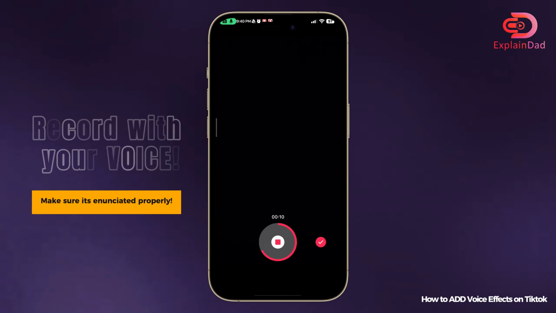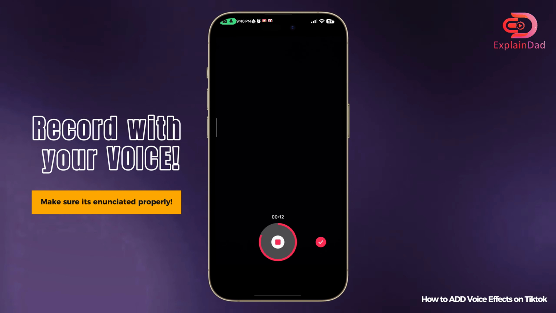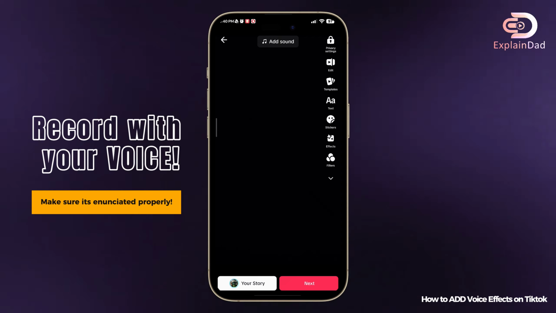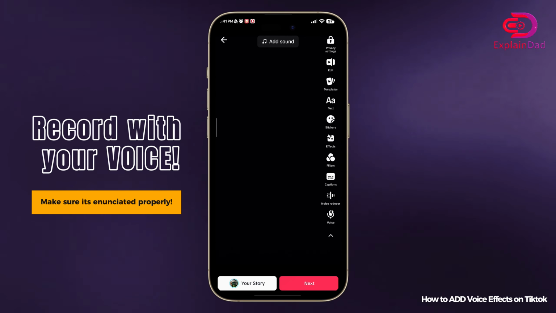By recording the voice, you can get a lot of effects as well. So you're done. Hello, this is from TikTok and we're going to do voice filter. Please watch